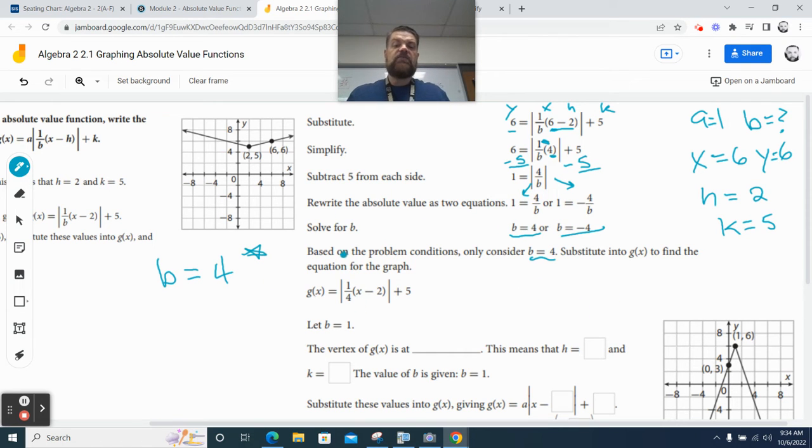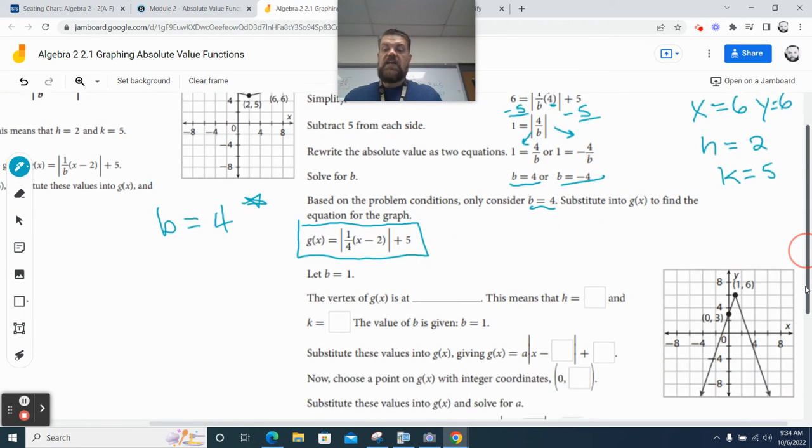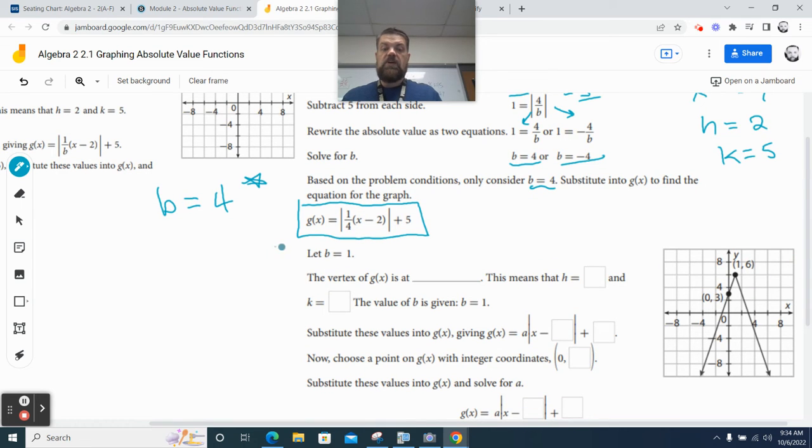So if it's positive 4, then we substitute that in, and we have our new equation, g of x is equal to 1 over 4 times the quantity x minus 2. We take the whole absolute value of that plus 5. So then they say, and this is a separate question, let b equal 1. So the vertex of g of x is at